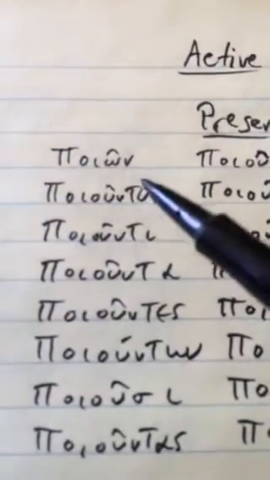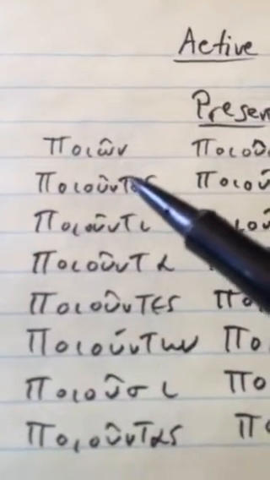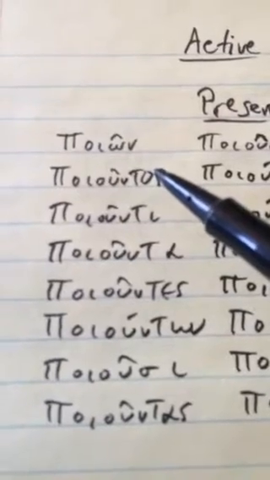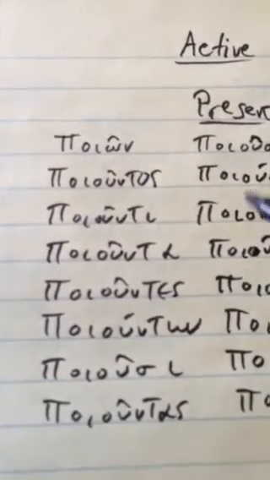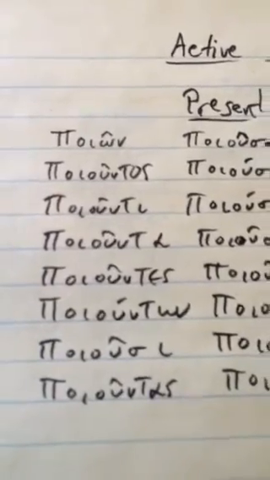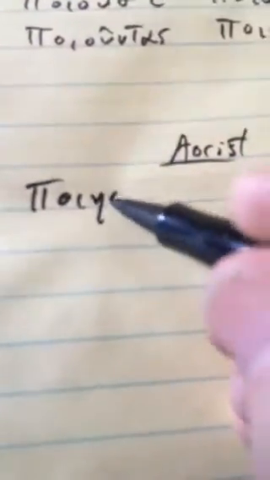And now if we move to the aorist, first of all, notice that all these are going to mean making or doing. But poieo is a versatile verb. It has lots of different uses, and sometimes you have to translate it from context. Okay, so making or doing is the basic meaning. Now if we move down to the aorist, we have to use the third principal part, poiesa, and drop the augment from it. So we'll have poies for our stem. And then the aorist active participle endings are as, so poiesas,